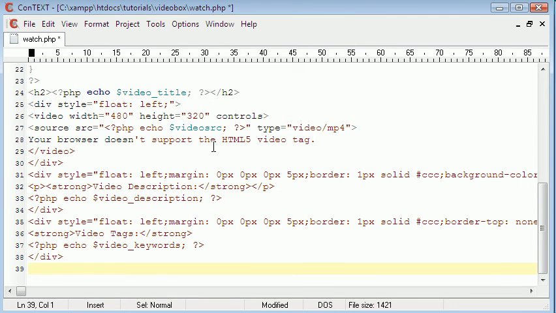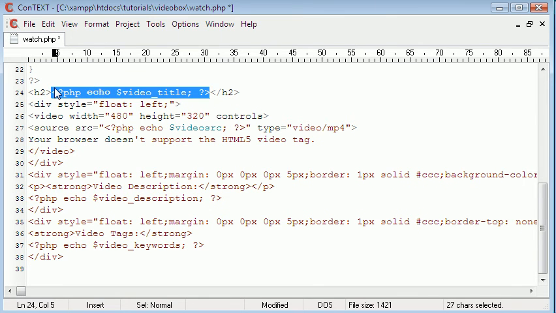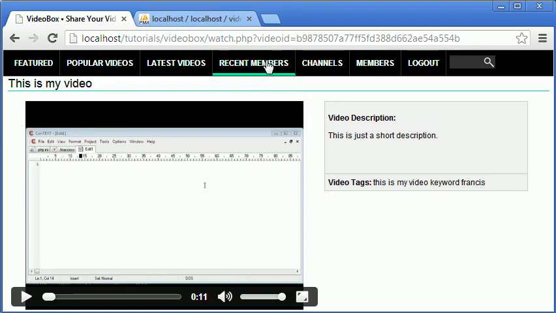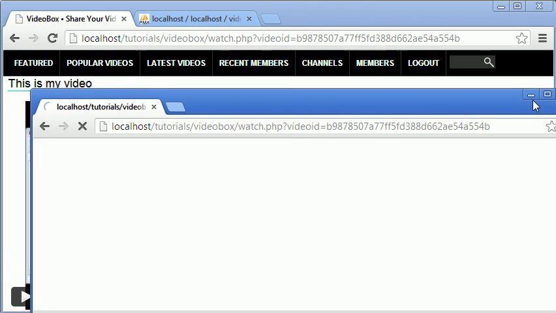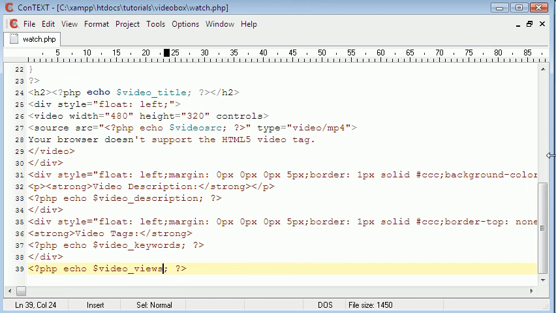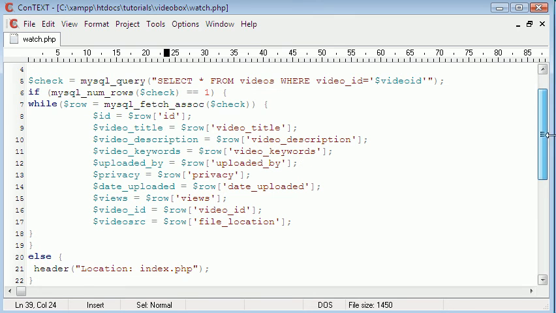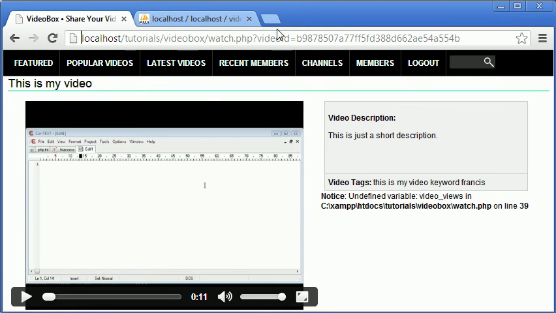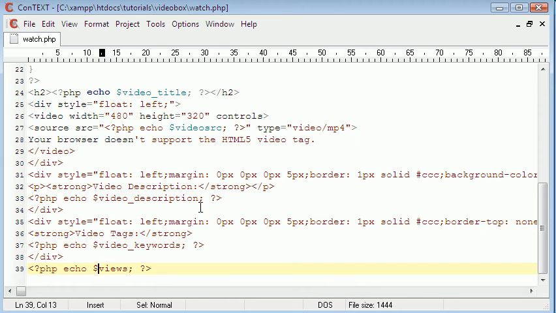So I'll just copy this and paste it in and say video views. Okay, that's not actually a variable. Whoops. One of the tabs stopped working, so I had to open a new one. So it's just views actually. What we'll get echoed out is just a number 0, which is over there. So we just want to display it inline, or